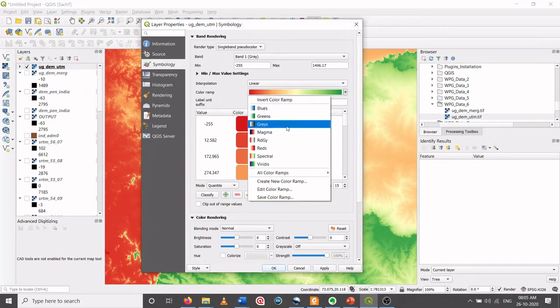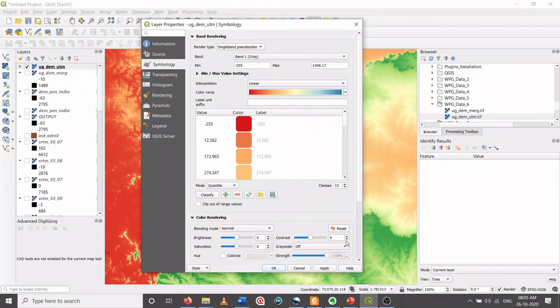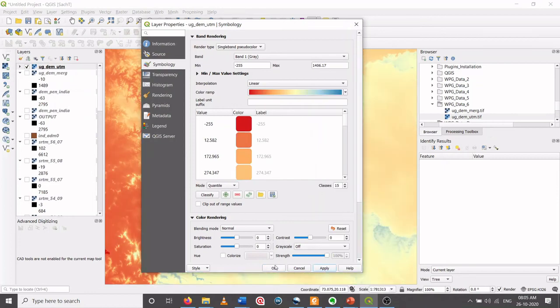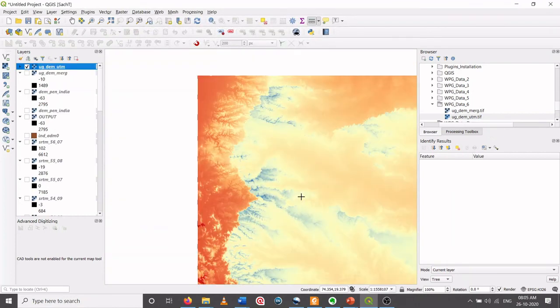I can choose any color ramp which I want. For example, if I choose this color ramp and say apply, then I will get a different view of the image because of the change in symbology.